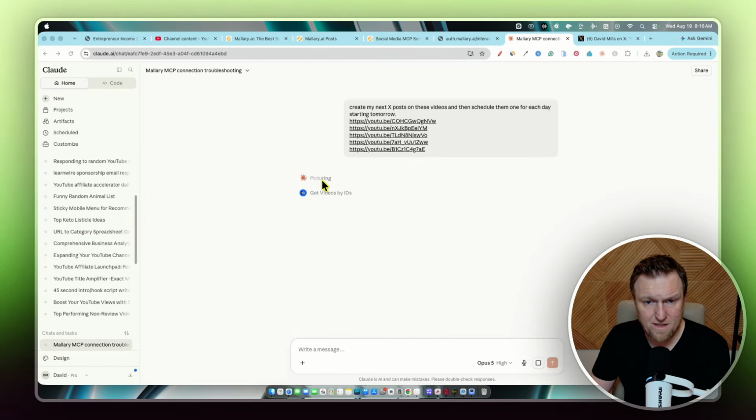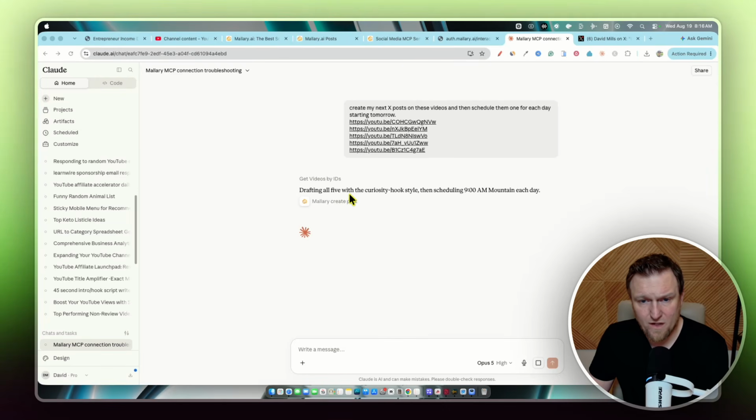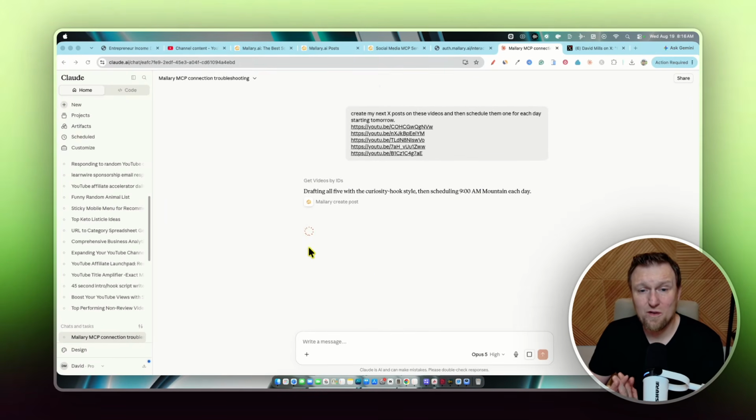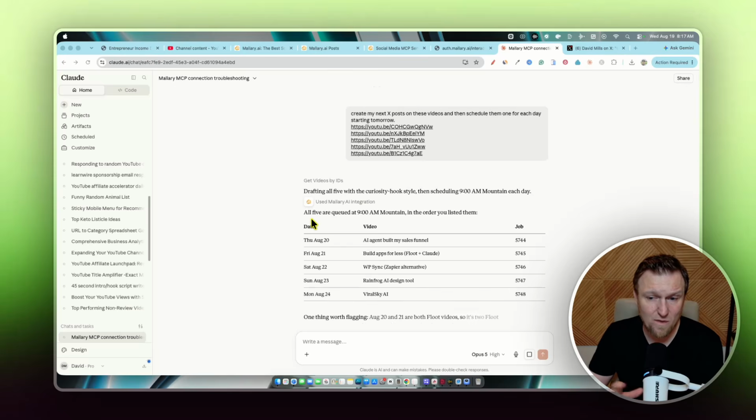So now you can see it's working, it's brainstorming. And then right here, it's using Mallary to create the post. So drafting all 5 with the curiosity hook style, then scheduling 9 a.m. Mountain Time each day. So it's going to literally run your social media on autopilot, which is really cool. And using Claude, it may even be able to go to my LearnWire channel and find my last 5 videos, or find 5 random videos,